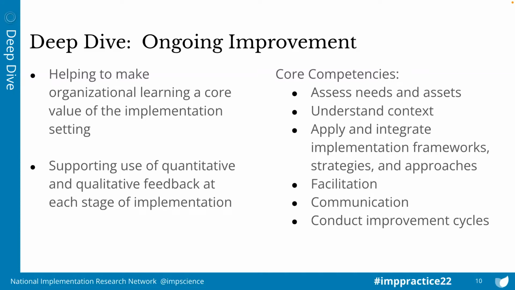I think Tabak and them had 49 frameworks that they reviewed at that time. So how do we choose which one? Which one would best fit for this context? Maybe I don't want frameworks and I want a multifaceted strategic approach, which is where we've seen the field go in more recent years, looking at menus of strategies. Or am I looking at needing a discrete strategy in this time and period?